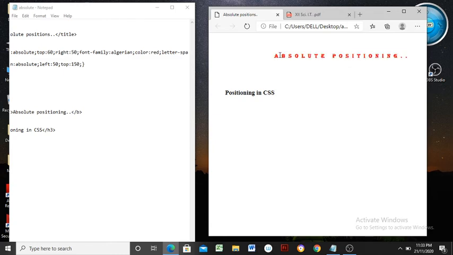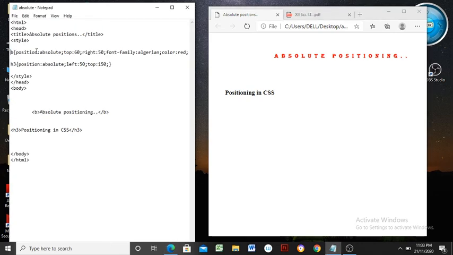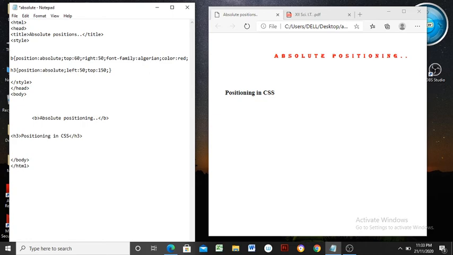See here how interesting it is. It's a part of absolute positioning. So every HTML tag is applicable by designing its positioning, either fixed positioning or relative positioning or absolute positioning. We will see relative position again.